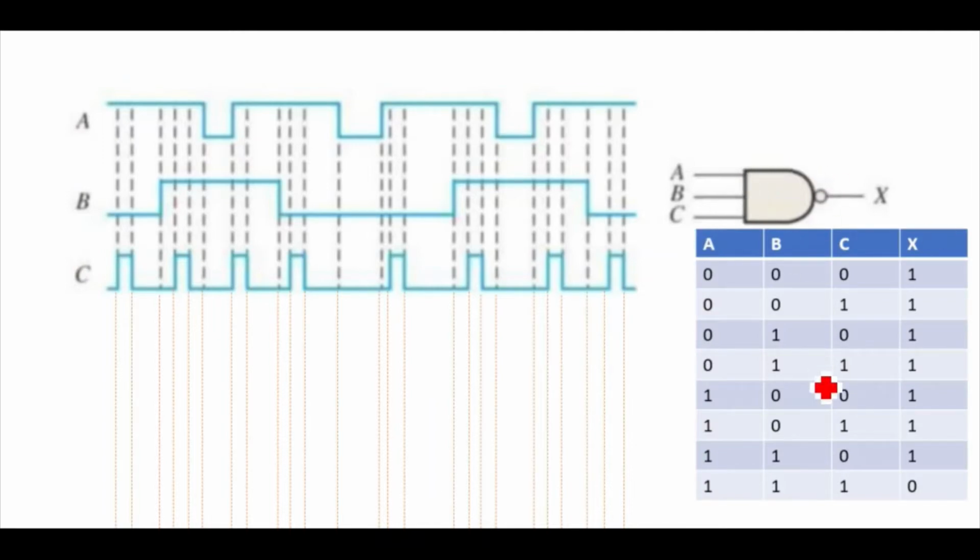So the best way is to first write the truth table beside the circuit. So here I have written the truth table. Now you can see in the truth table when all the inputs are 0 you will get 1, and in all the places you are getting 1, only at this place you are getting 0. So when all the inputs are 1 1 1, only then you will get 0. So if any one of the inputs is 0 you will get 1 as output.